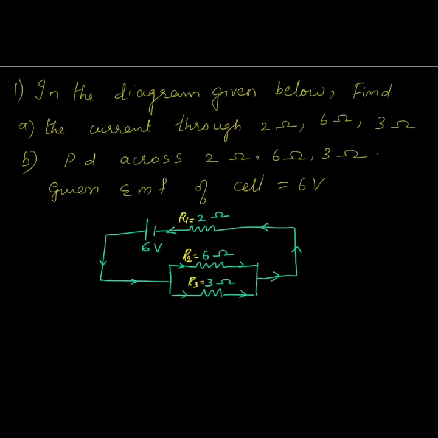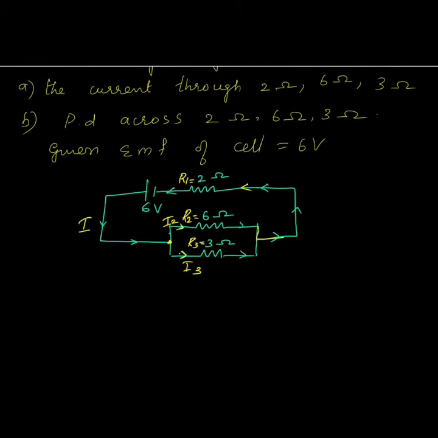Second, they have shown the direction of current. You can name the main current to be I. Okay, and you know that reaching this junction, this I will split into 2. So we can name this to be I2 and this to be I3, because they are branching into I2 and I3, passing through R2 and R3. Then again it is joining and coming back. Even you can write it as I1 because the main current I is passing through R1, isn't it? The I current or I1 current is passing through R1. So you can even write it as I1 also. Simply here, since it is main current, I have used the letter I only.